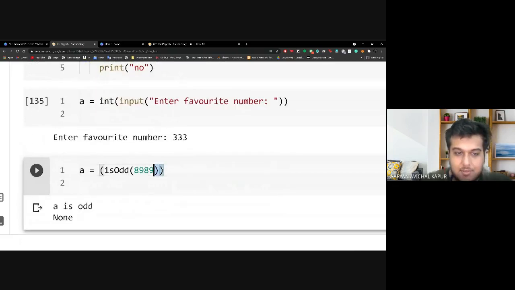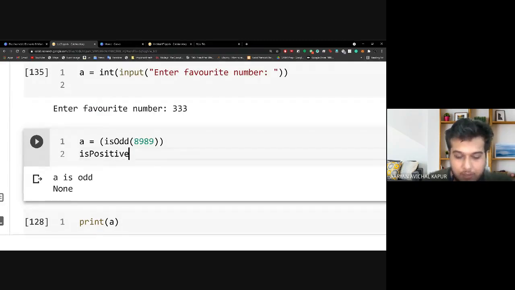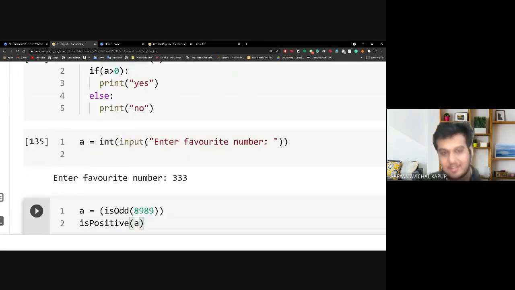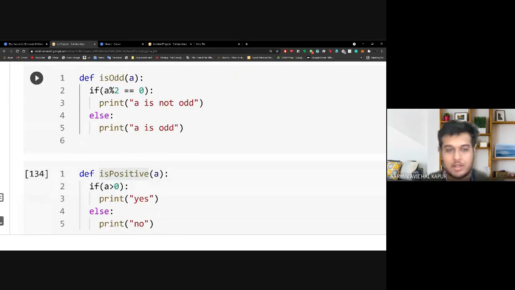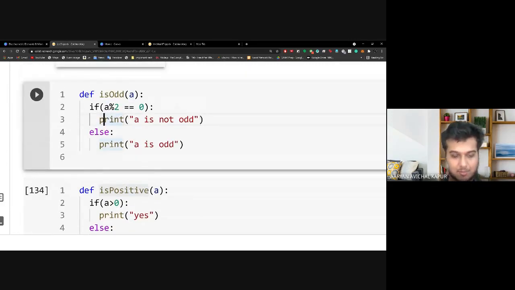So here the number is 333, and you can see that I'm storing this in a. Now if I want to go to that particular function and check for is positive, all I do is put is positive and pass a. Whatever answer was there for is odd went into the variable a, and now I can use it. Let me first go back to return.